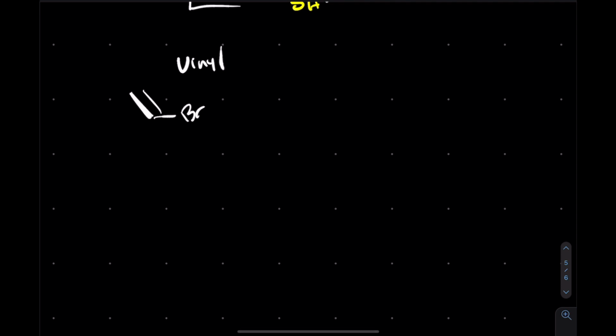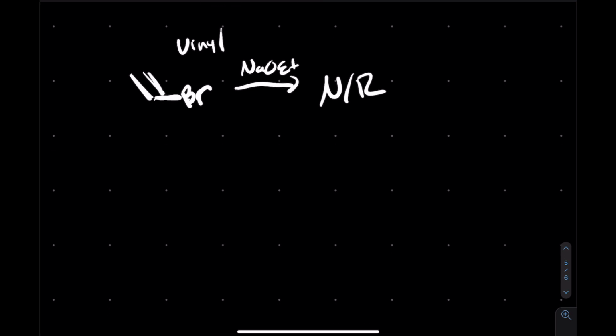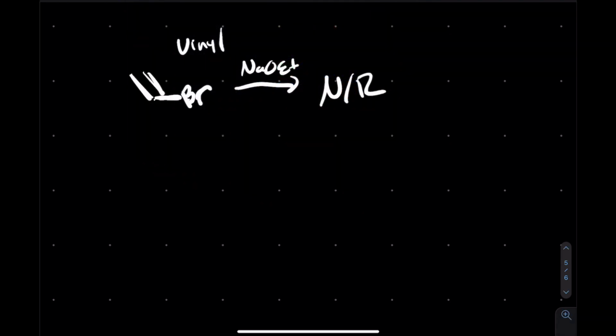A vinyl position has the functional group right on the double bond, and if you were to try to do SN2 chemistry here, you would get no reaction, all right? Because you can't do SN2 type chemistry on an sp2 center. There's a different kind of mechanism for this sort of displacement. It is an energetically very uphill reaction. It's by no means SN2 because you can't form the